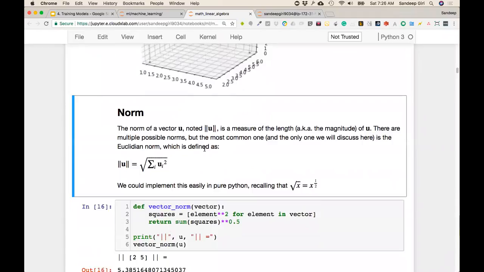As we go ahead, we will be using more of these two basic functions for plotting these vectors in 2D and 3D. All right. So the first concept,